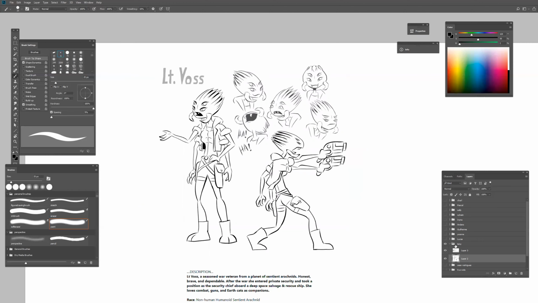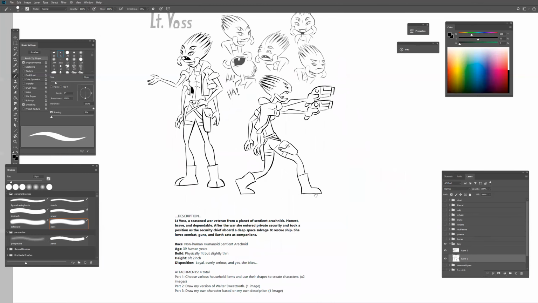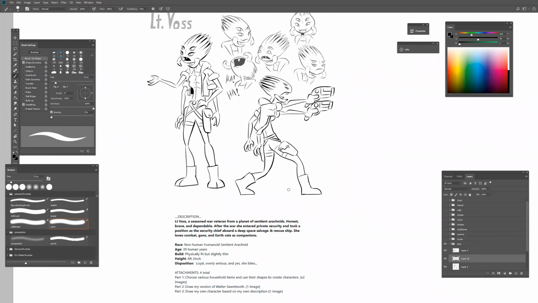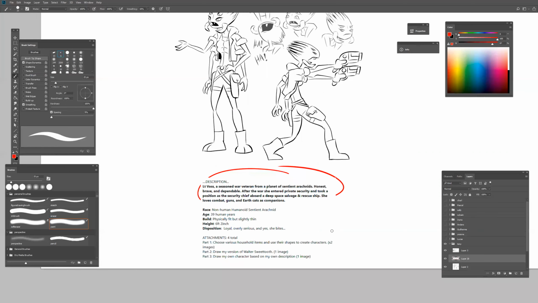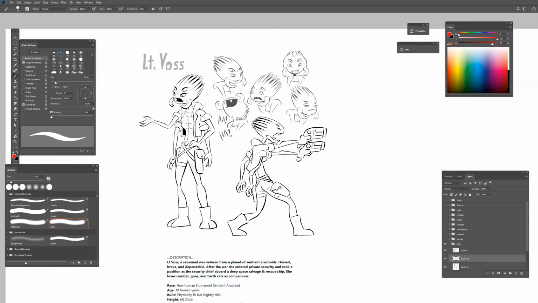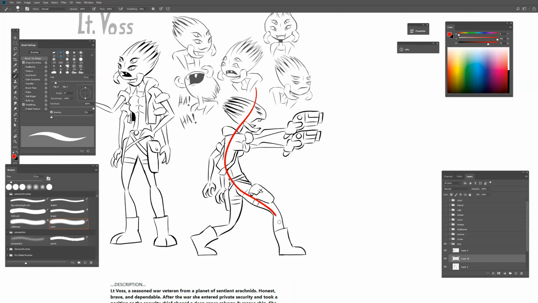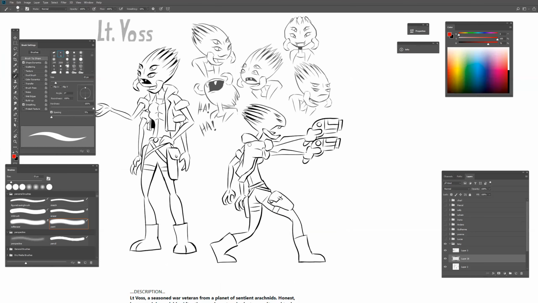Let's look at the drawing from Tony. So awesome drawing. So let's take a look at it. He also made a description of the character. So that's really cool. And yeah, this would be a great character for a comic or for a cartoon show. So the first thing I noticed, maybe here's a nice line in it,